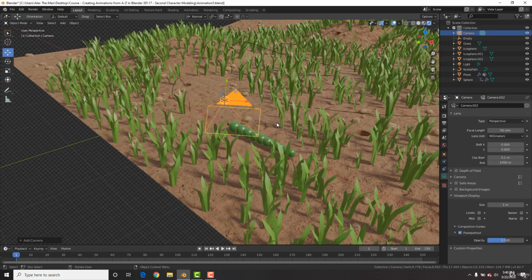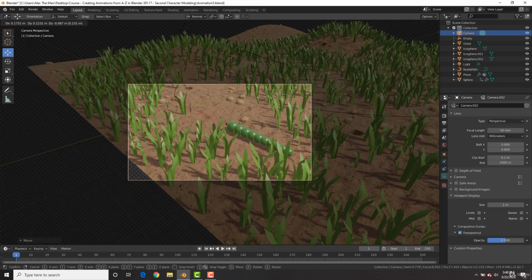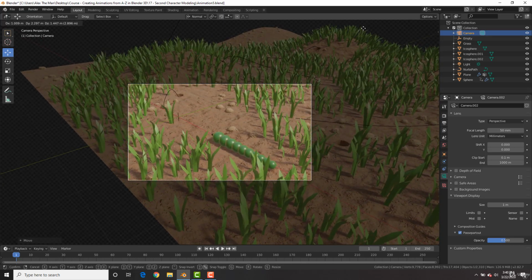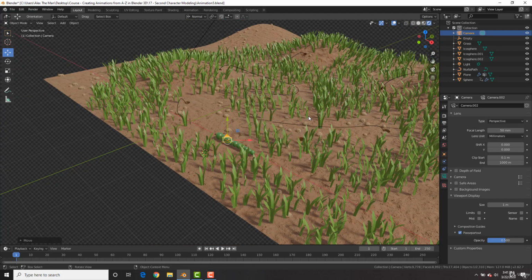Then I'm going to go ahead and hit Control-Alt-0 on the numpad in that view to snap the camera to here. And then I'm going to use the middle mouse to zoom in a little bit and position it about there. All right, sweet. Next, I'm going to hit Shift S, cursor to selected,